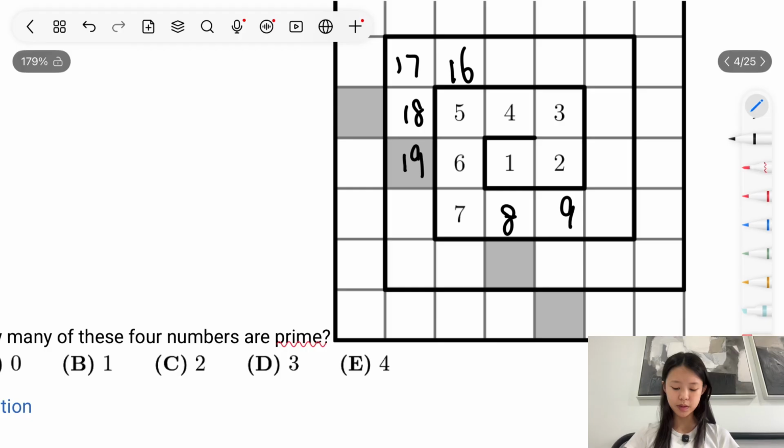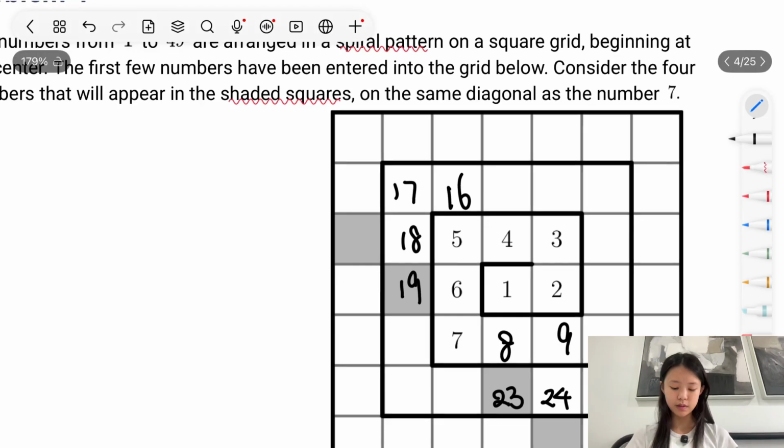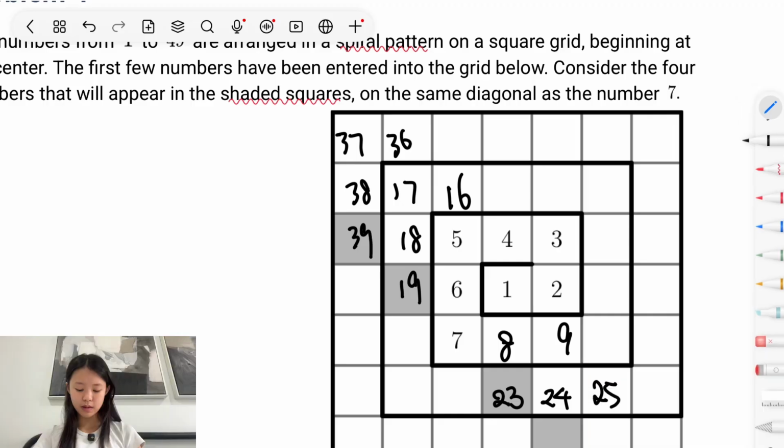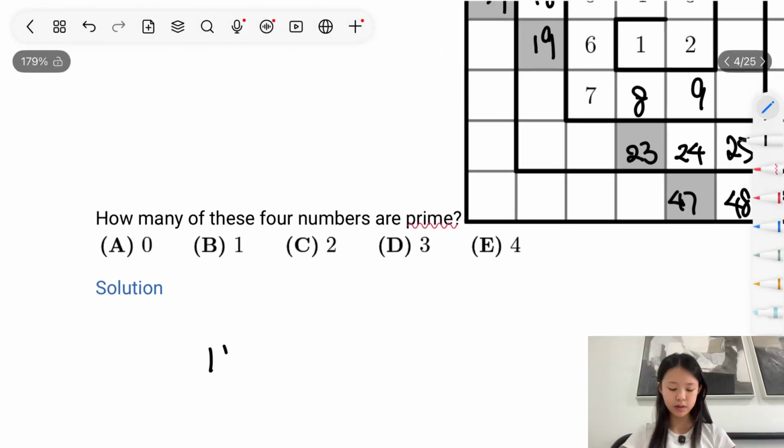And then this would be 25. So this is 23. And then this would be 36. And that would be 49. So we get that the numbers here are 19,